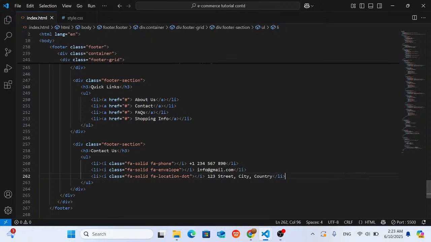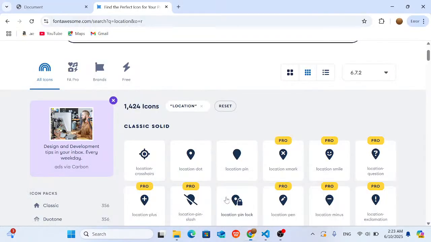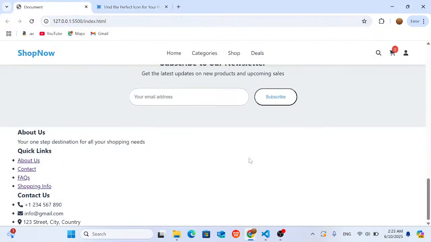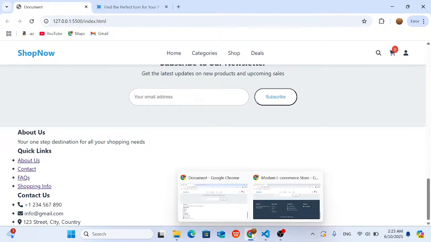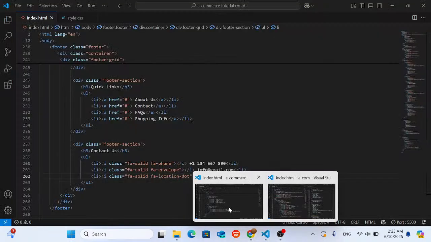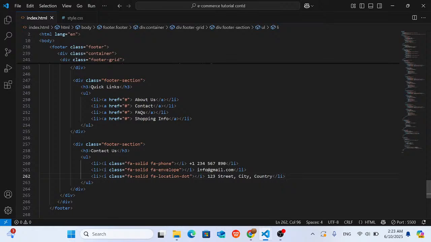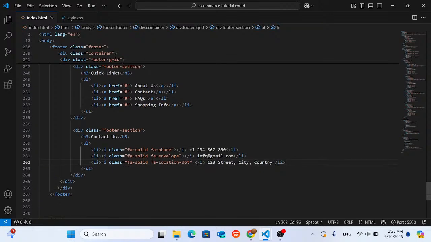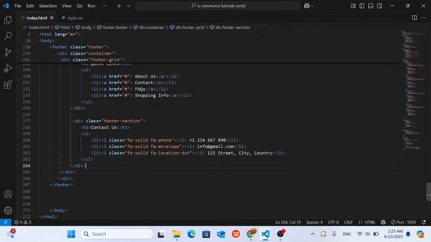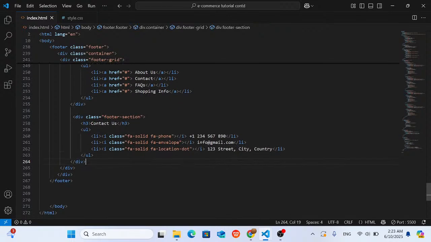Okay, so now let's see what we have in the browser first. This is what we have so far. Okay, so now let's tie them in the CSS. Let's complete the footer section first. The next one we'll be having